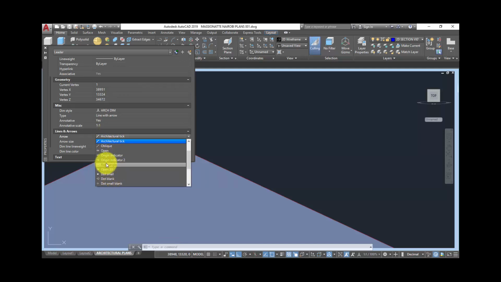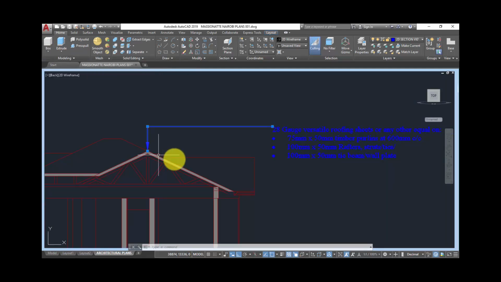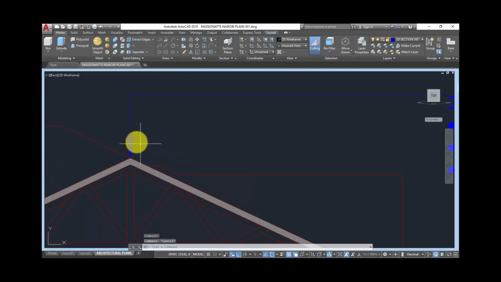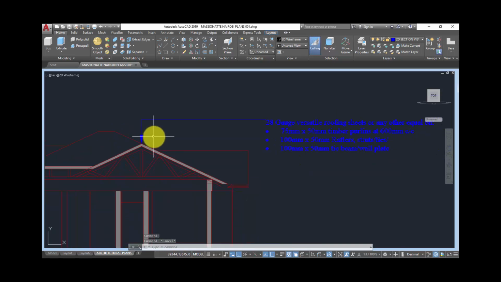So I'll select closed filled, and of course the arrow size, I will make it 350. Press enter and I will just simply close this properties palette, and you can see that the arrowhead has come.